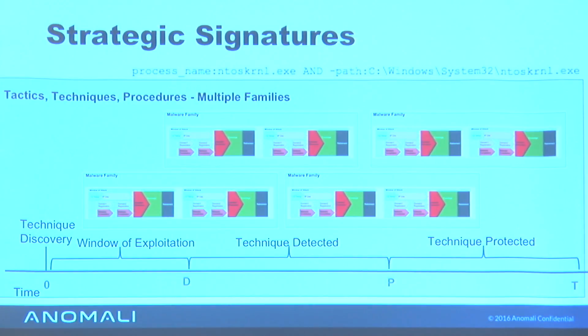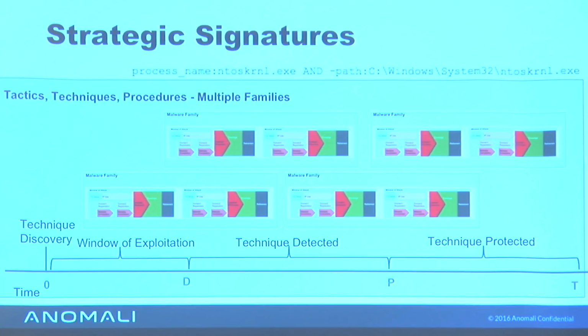Strategic signatures are things which look at entire families or an entire technique that an actor has been using. So in this case, we're looking for process name ntoskernel.exe where the path's not C:\Windows\System32, rather than looking specifically in C:\Users. Or let's just say password credential reuse. Nullifying that nullifies an entire class of attack. And you're not relying upon one piece of malware,